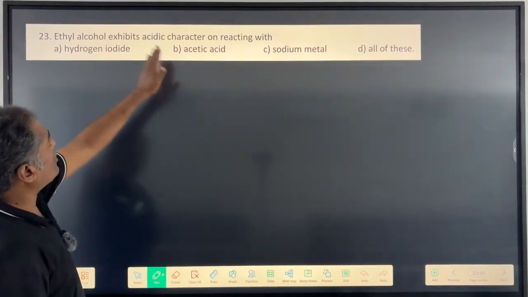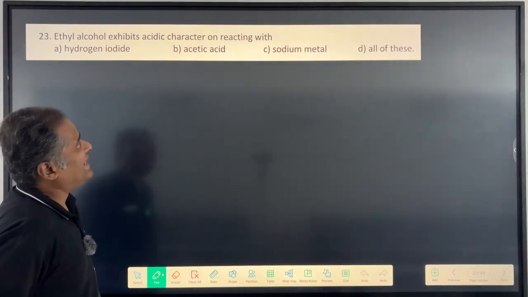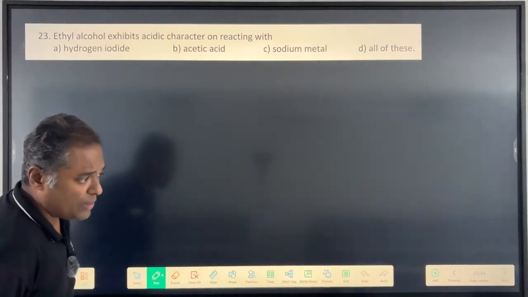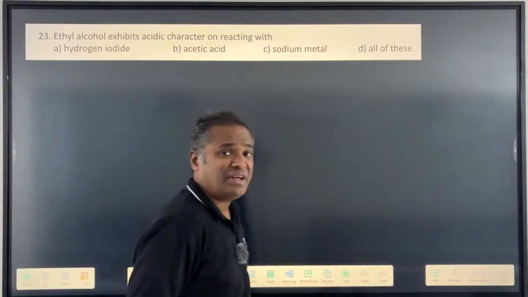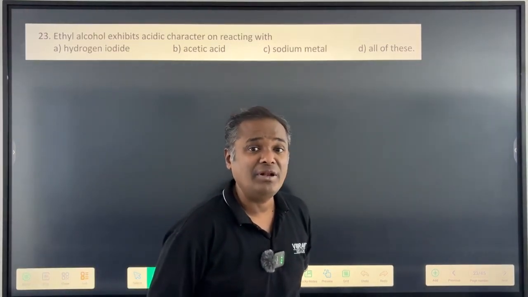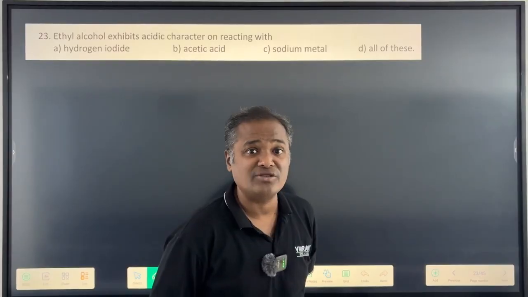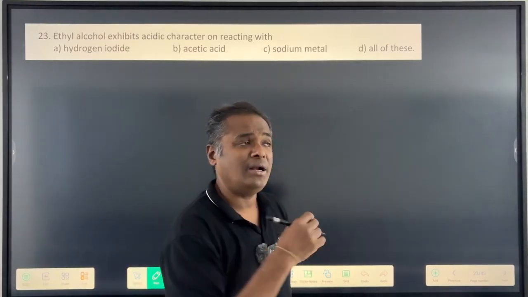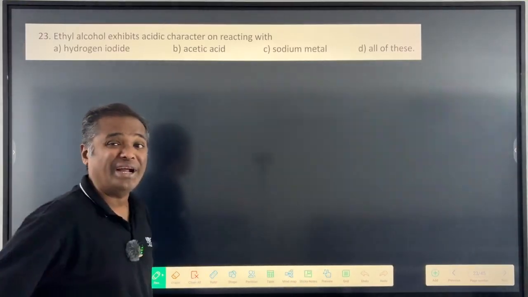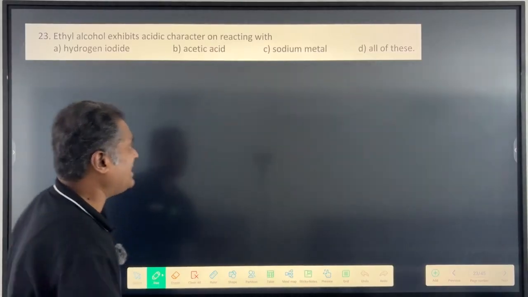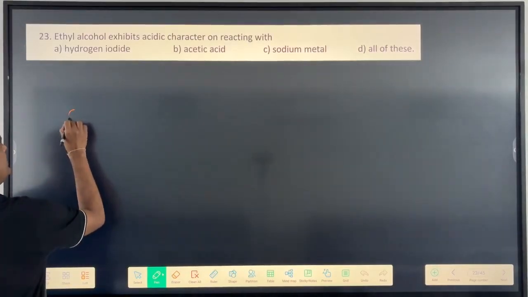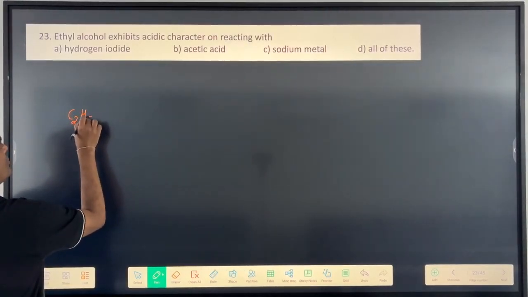Now, ethyl alcohol exhibits acidic character on reacting with... Now, child, remember one thing. Alcohols are very weakly acidic in nature. Even litmus paper does not show any test for alcohols. So, only one reaction can be used to indicate that alcohols are acidic, and that is what? Take ethyl alcohol,